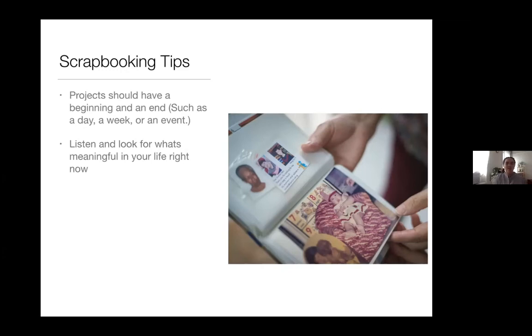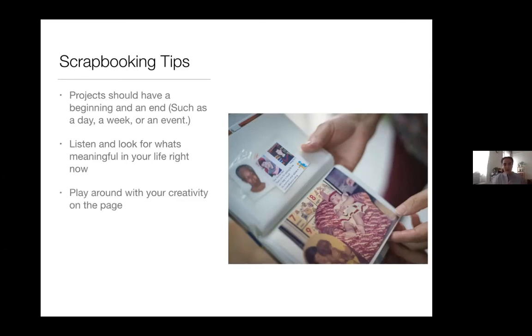You can make a scrapbook about your week or your mornings, or what life in the pandemic looks like for you right now. It doesn't have to be a grand event. You can keep these memories about really everyday activities, and it's still really useful and really special and helpful for children to reflect on those daily experiences.